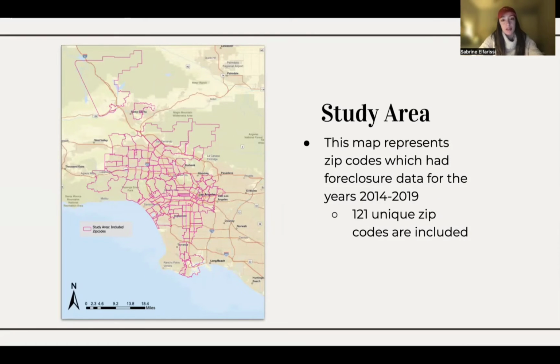As you can see here, we are looking at this area of focus for our study. We detected 121 unique zip codes during this time. We purposely avoided using regions in the South Bay for this analysis, primarily because there was just no data for this region. They are sectored in their own counties. So this is just data documented by the city of Los Angeles only.